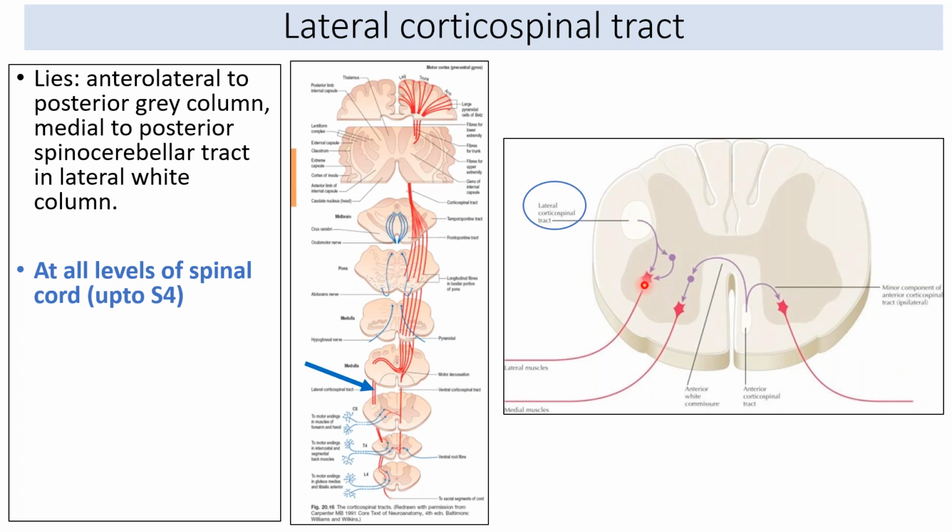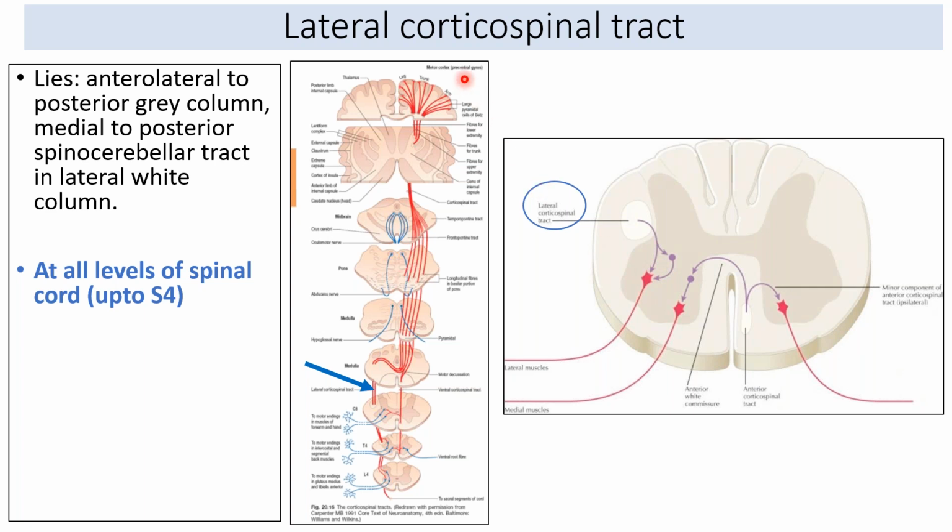We do not call it first and second order, we call it lower motor neuron. So this is the cell body of the lower motor neuron where the lateral corticospinal tract is synapsing, and this is the axon of the lower motor neuron which is supplying the skeletal muscle. Right, so this is the final course of the lateral corticospinal tract, how it synapses with the lower motor neuron